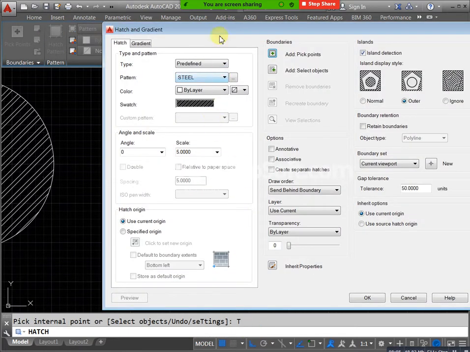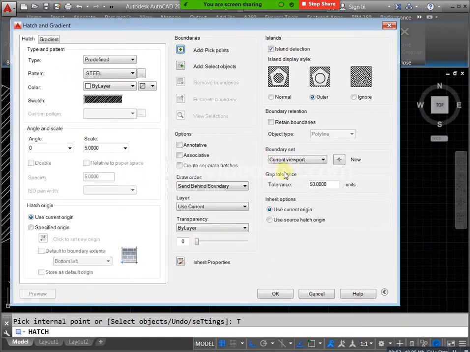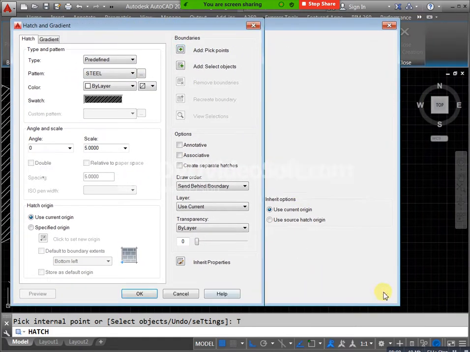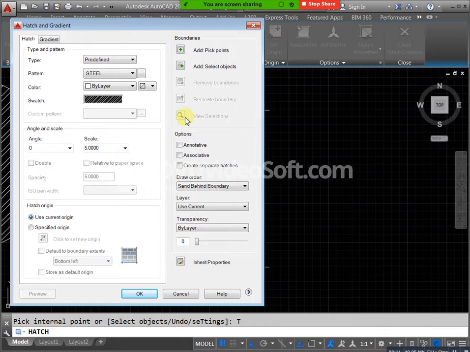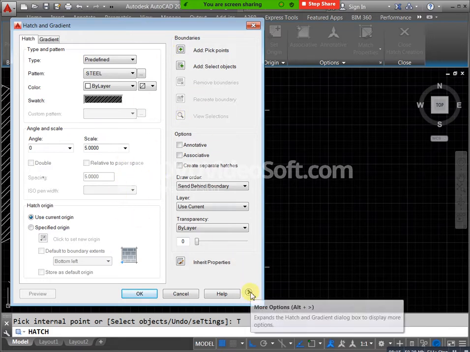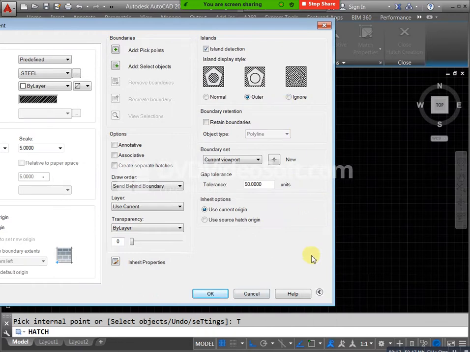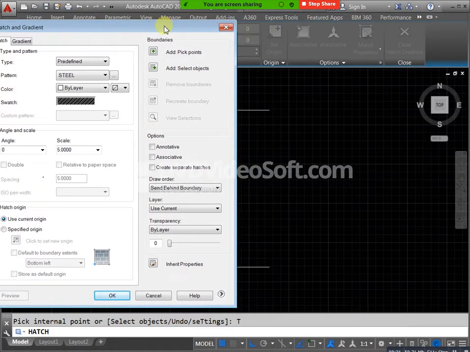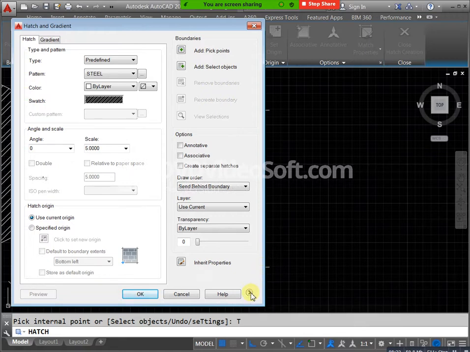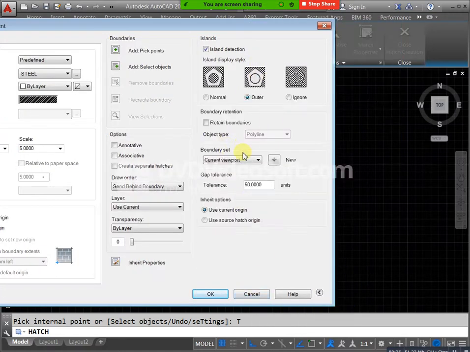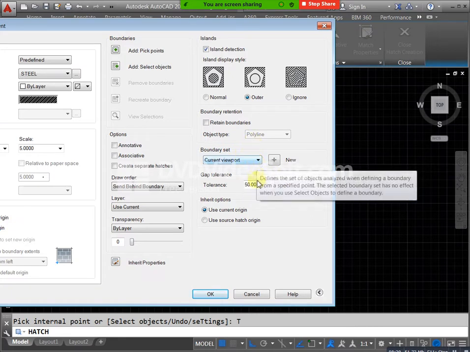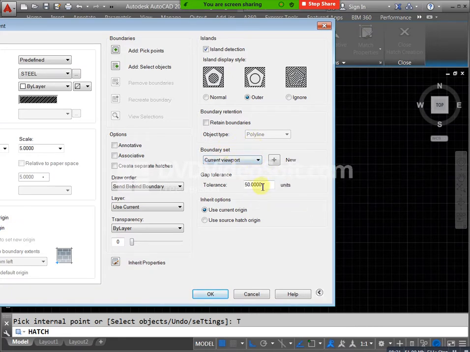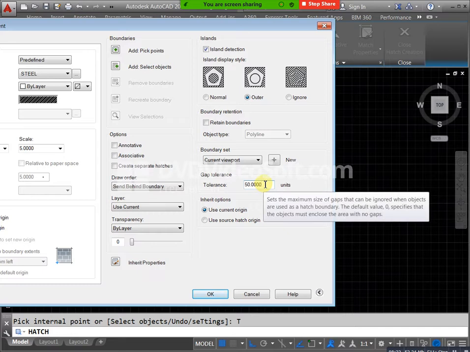Just click on this arrow, then you will get this information. If you need, for example, here we have current viewport and current viewport object set. Below we have gap tolerance. How much gap tolerance? Already we know the gap distance, that is 10. Directly you can mention 10 here. Okay, next click on OK.